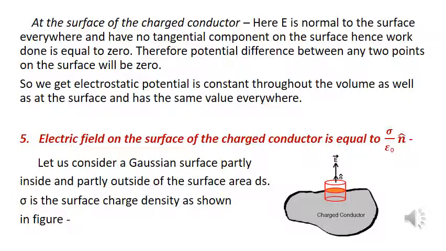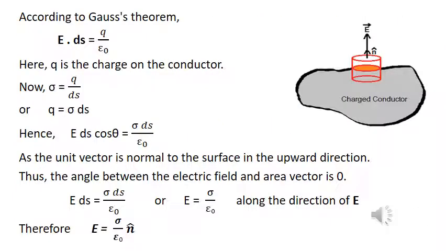Sigma is the surface charge density and the situation is shown in the figure. According to Gauss theorem, E dot dS is equal to q by epsilon naught, and q can be written in the form of surface charge density as q is equal to sigma dS. By putting this value in the above equation, we get